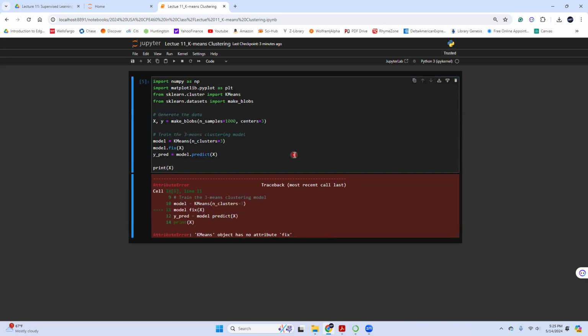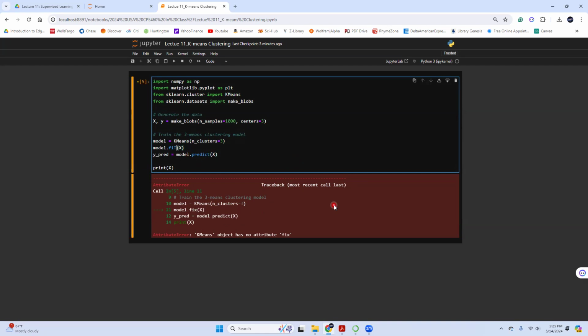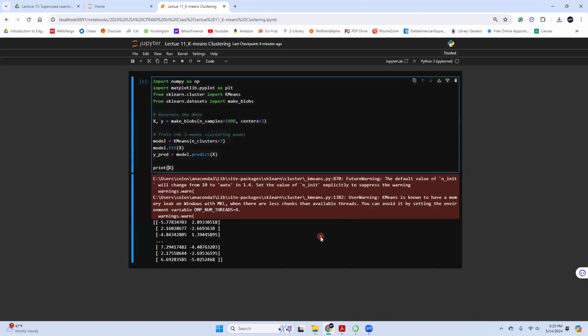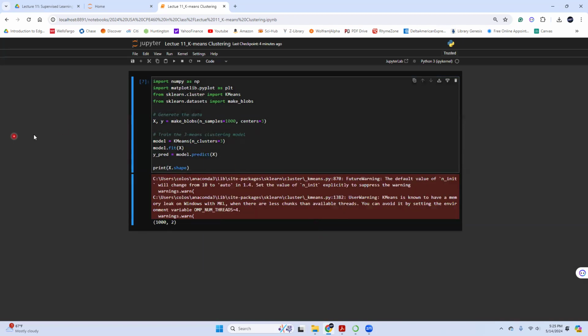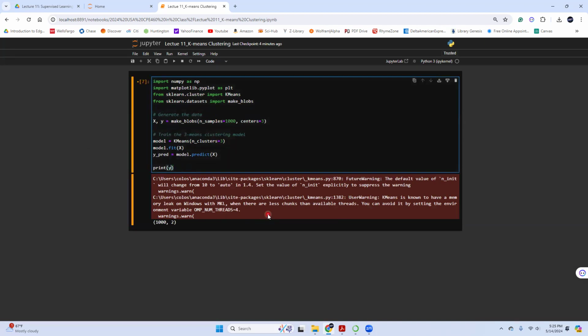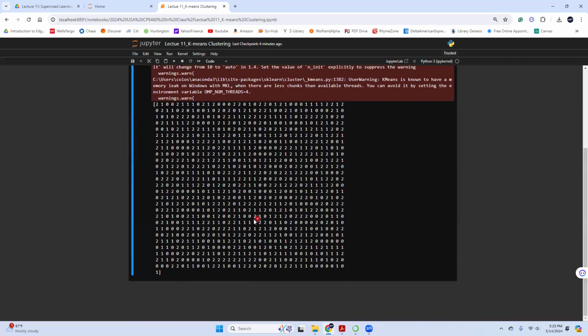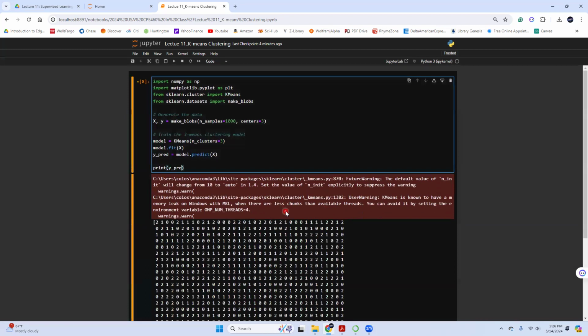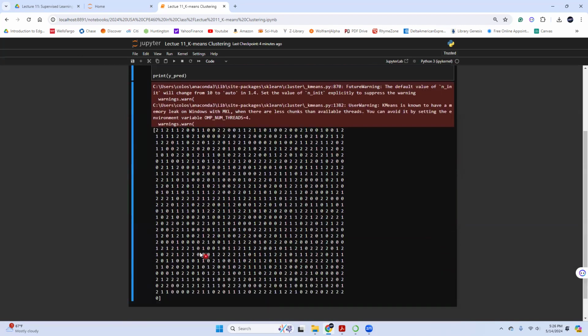Okay, let me see. Or I can print X.shape at best. So it should be 1000 by 2, because it's 2D and I totally generated 1000 samples. And then I can also print y_predict. It should simply be a vector with values between 0 and 2, because we have three classes.